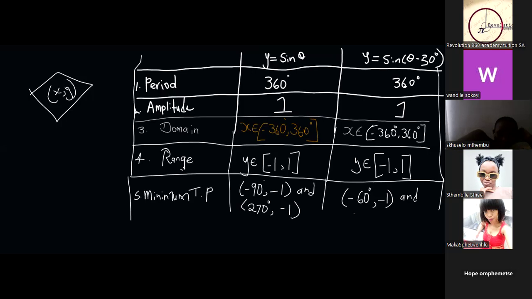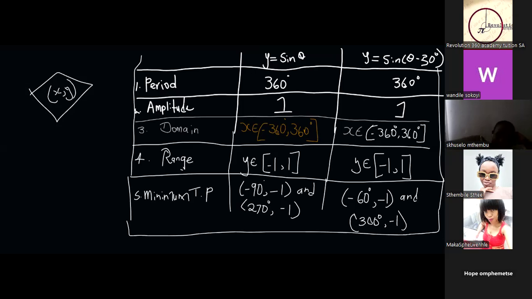300 degrees and negative 1. So those two are the ones which are going to represent our minimum turning point. Lastly, the maximum turning point, and then we want the x and the y intercept, then we'll be done with regards to this. So it means to say, when I extend my table,